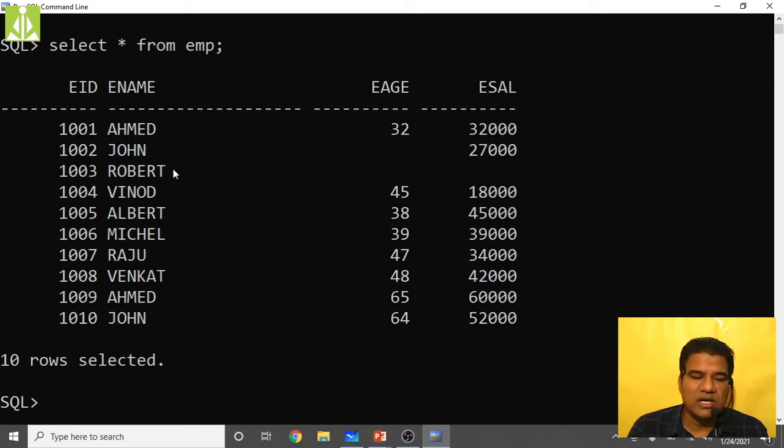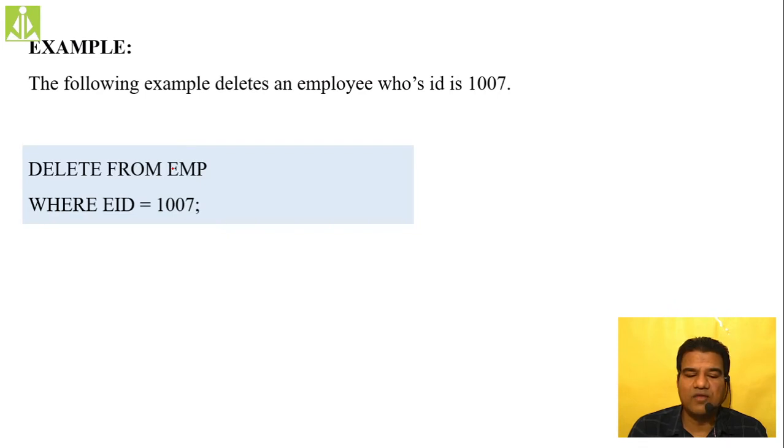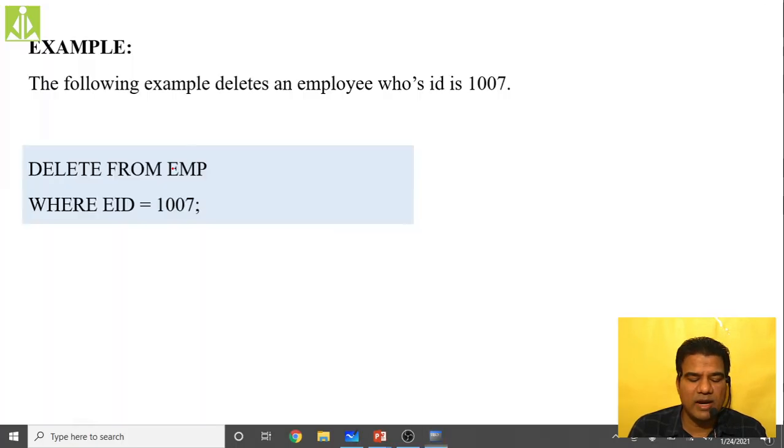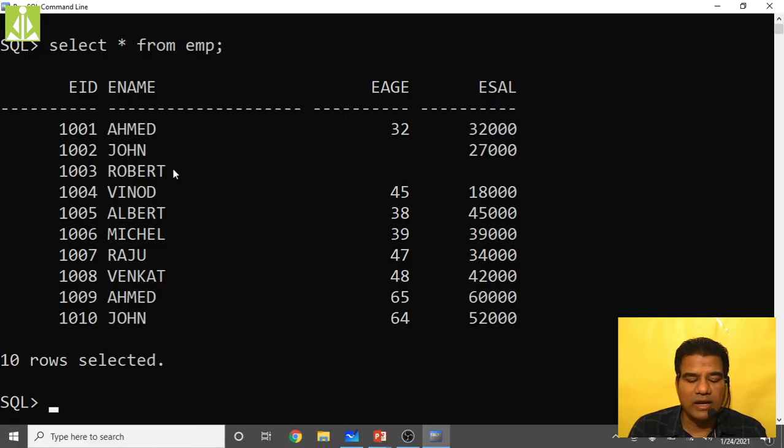Okay, so here select star from EMP, and we have these many records in this table. As I said, our requirement is I want to delete this employee 1007 from my employee table. So what command do I have to write? Simply, delete from is my command, and from which table?